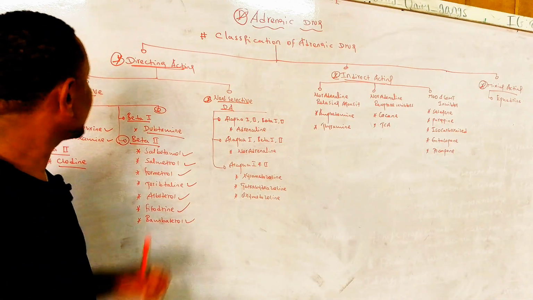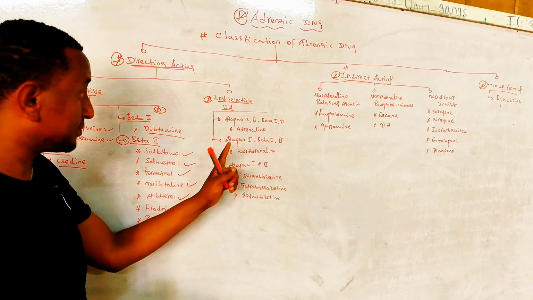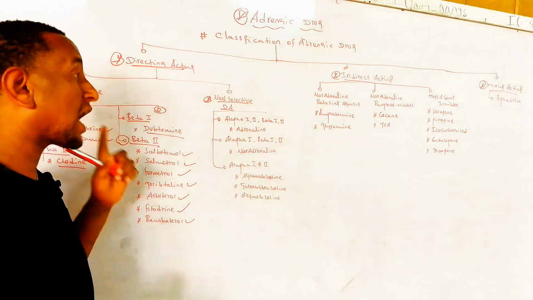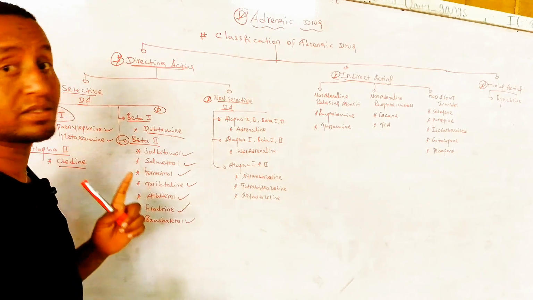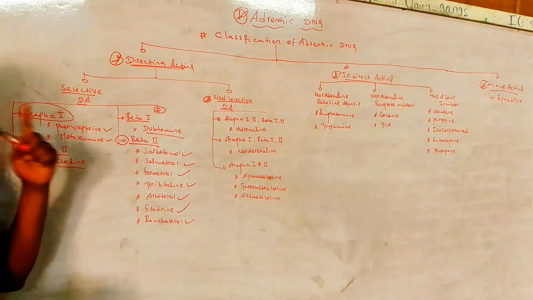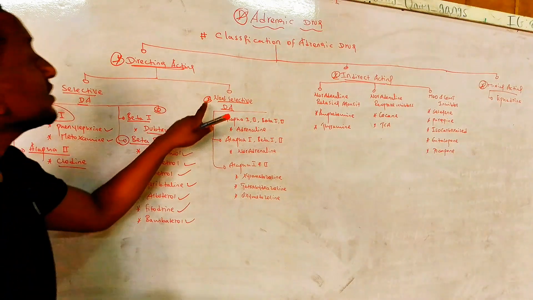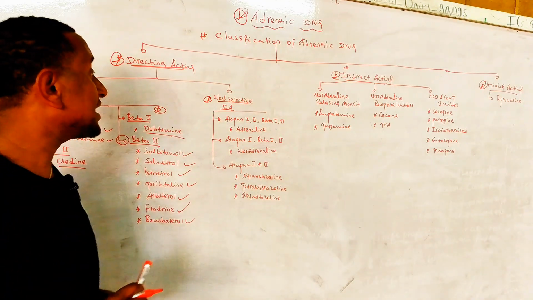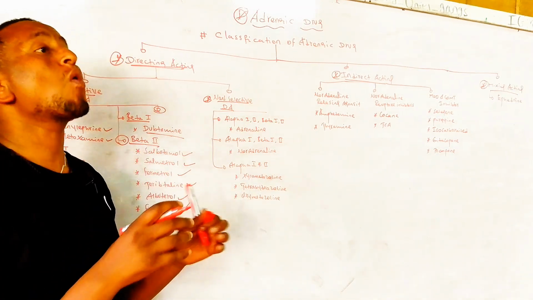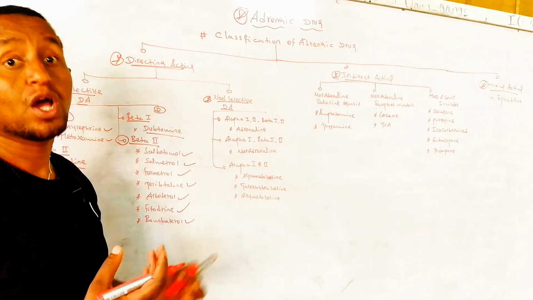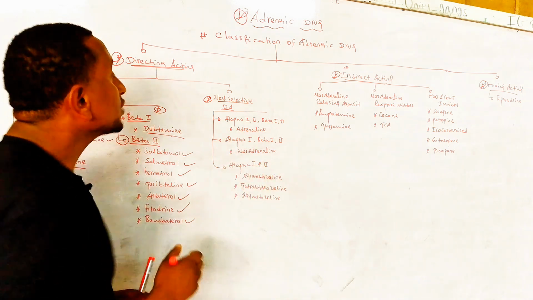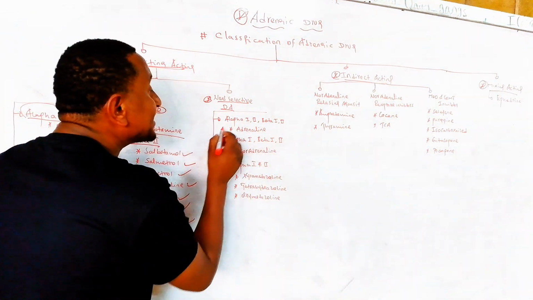The second one is direct acting, where I said selective and non selective. In selective, there are drugs that select only alpha 1, only alpha 2, only beta 1, and only beta 2. The second one is non selective: the drugs that bind with all kinds of adrenergic receptors, alpha 1, alpha 2, beta 1 and beta 2. So the first one is the drug selecting